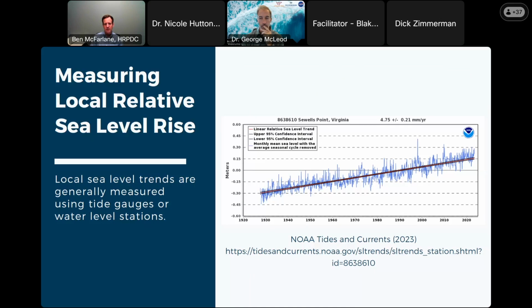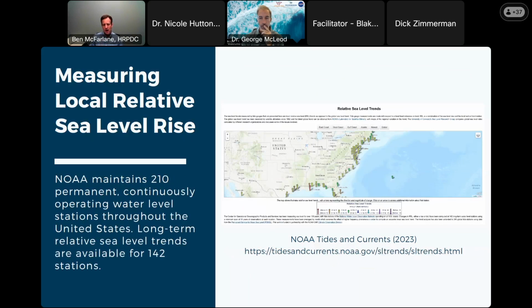But the key issue is that for us and for all the other places that have these tide gauges, while it gives us a trend, it only gives us a trend for that one spot. Even if we look at the tide gauges available for the entire East Coast of the United States, it only gives us that information for those specific places along the shore. It doesn't really tell us what is happening offshore. It doesn't tell us what's happening in areas that don't have this type of equipment installed. So while it's great to have, and it's a key data point for understanding sea level rise, it doesn't tell us the whole picture.